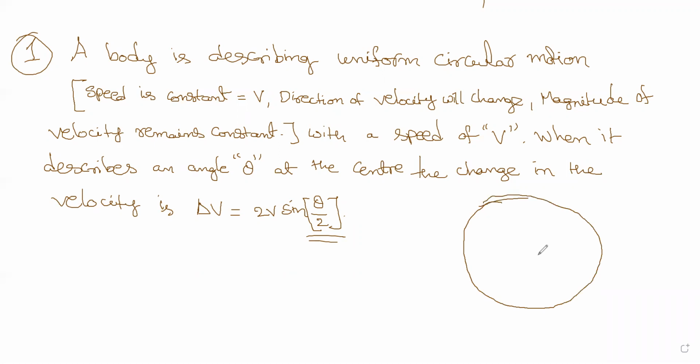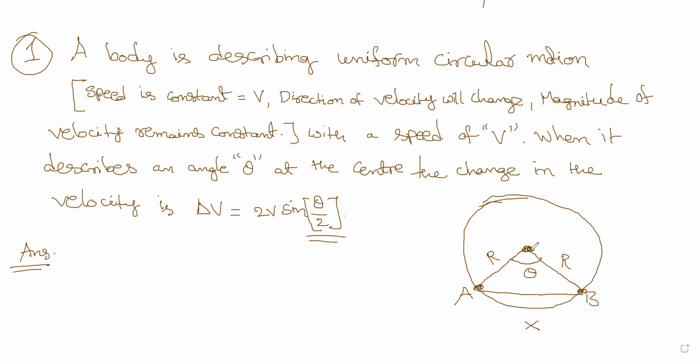I hurried barely yesterday, so we'll do it calmly today. Try to understand. This is angle theta. This is A. This is B. To find velocity, we need to find displacement. To find the speed, we need to find arc length. Suppose R is the radius of the circle. What is this AB distance we have to find?